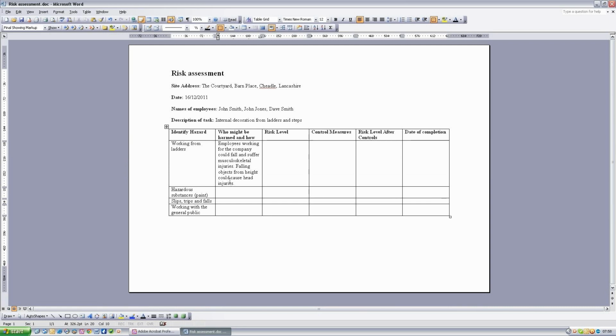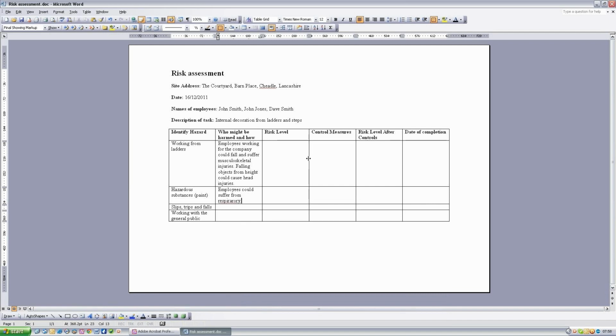We would then go on to the next section, which is hazardous substances. So we could say that employees could suffer from respiratory, good old spell check,